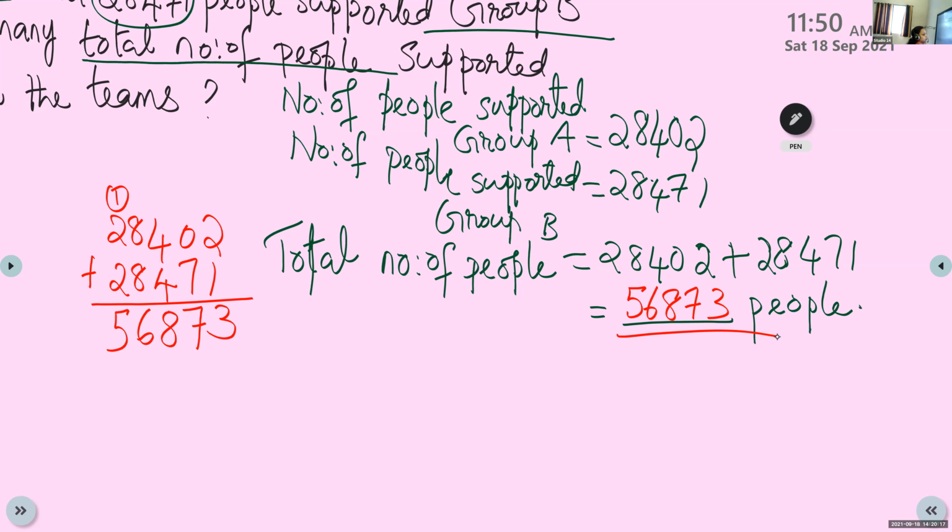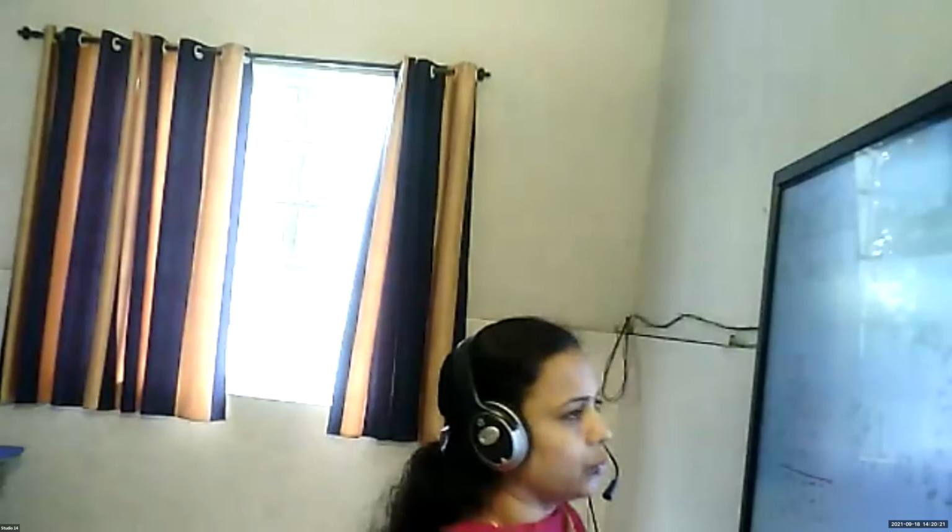Okay, very good. So, children, while you are getting the word problems here, you have to read the question and understand the problems we already discussed. What are the key words that will help us to identify the word problems, that is addition or subtraction. Here we can see the total number of people. So the question is an addition problem.